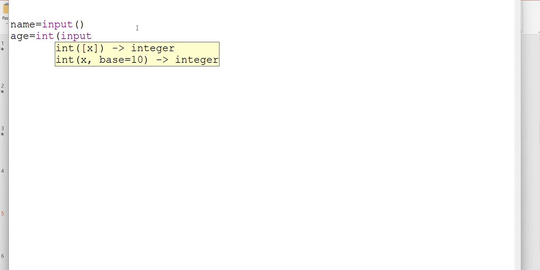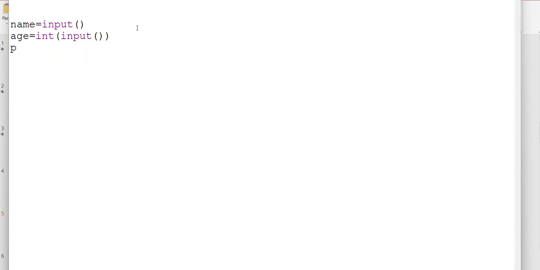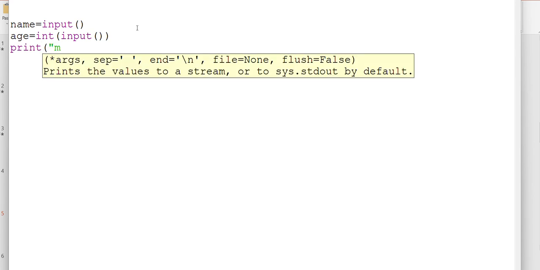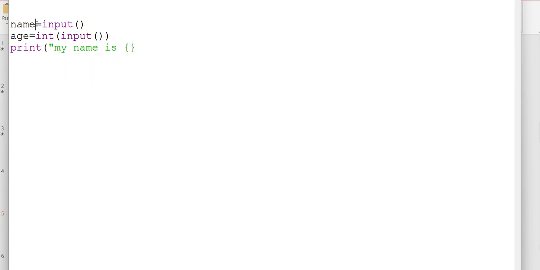Let's say I have a variable name in which I am taking input from the user. So name will be a string, my bad. The other one is age, let's say I'm taking age from the user, and that needs to be an input in the integer category. Now what I want to print is "my name is", and here I want to print whatever value is entered by the user for name, so I'll put a placeholder here, and "my age is", with a placeholder for the value entered by the user for age.